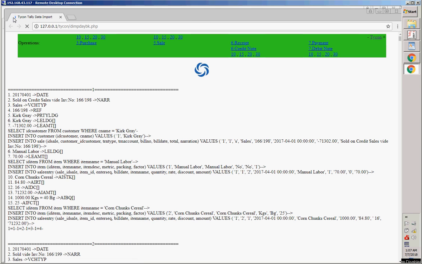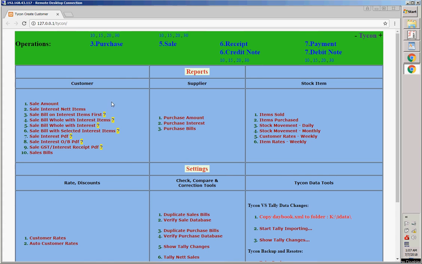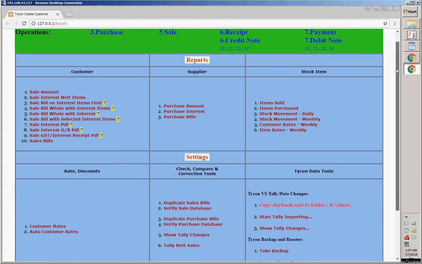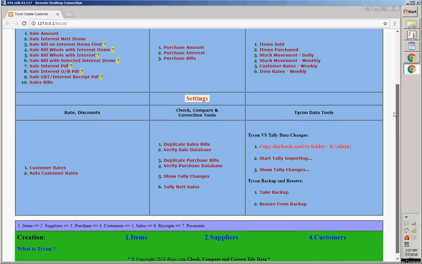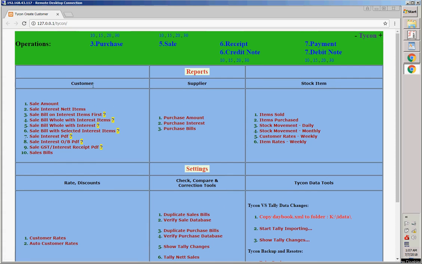Now your process of importing all the vouchers from Tally to Tycon has started. As you can see, this is spinning here. Once this is done, it will take a few seconds to import. Okay, this is done. We can close this window. As you can see, this is the main window, Tally Tycon add-on. You have the customer side here, the supplier side here,